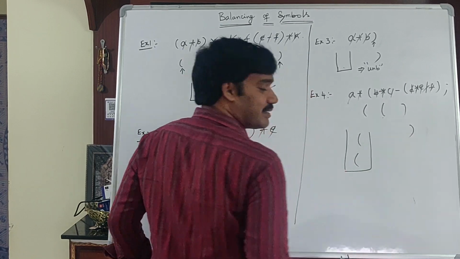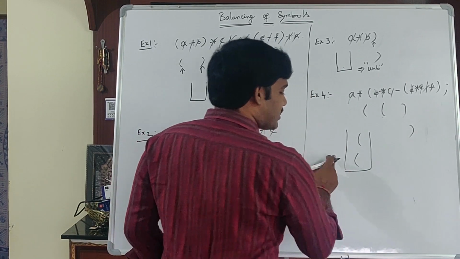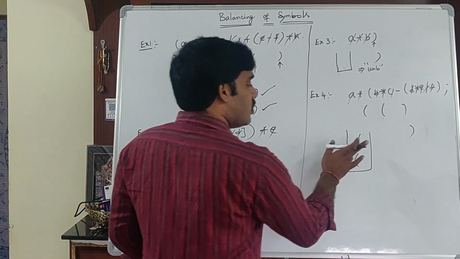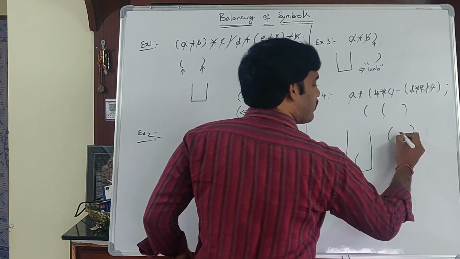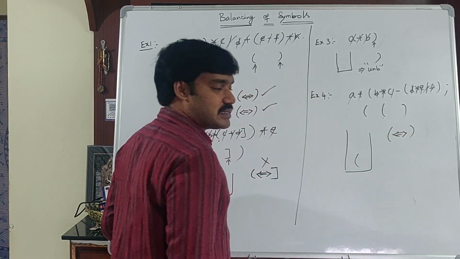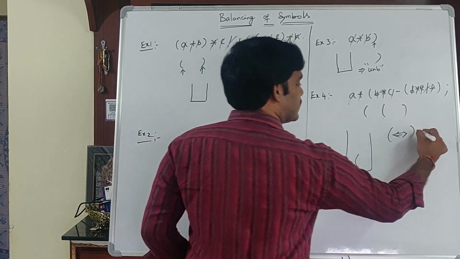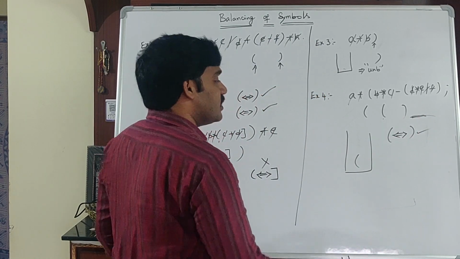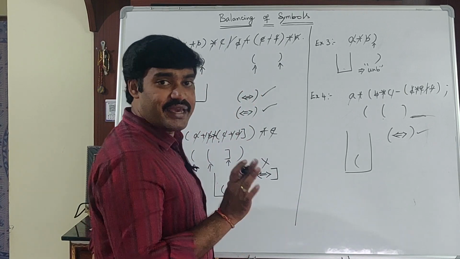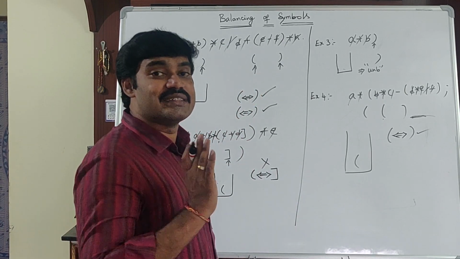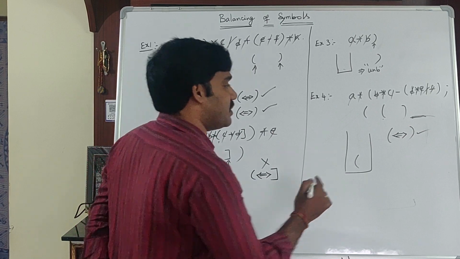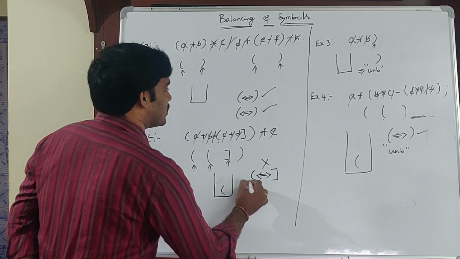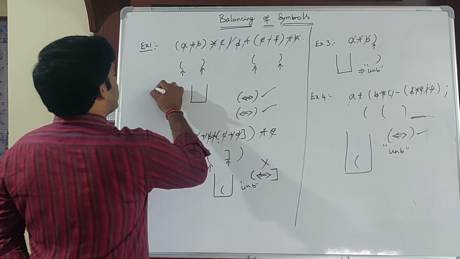If it is the closing symbol, then check whether the stack is empty or not. Is stack empty? No, stack is not empty. Then pop an element from the stack. Check whether these two symbols are balanced or not. Yes, these two symbols are balanced. And there is no other symbol. That means our expression ended. Is stack empty? No, stack is not empty. That indicates symbols are not balanced. That means unbalanced. This is also unbalanced. The only balanced example is the first one.